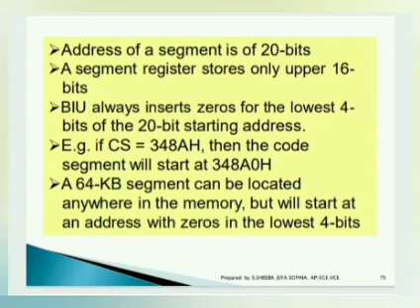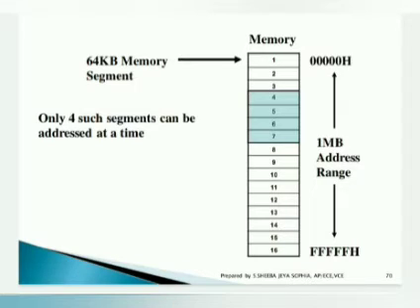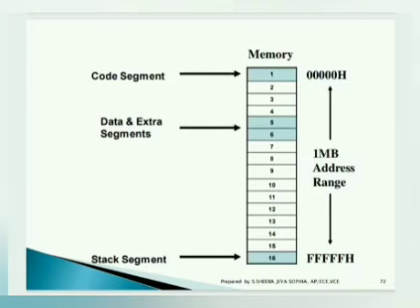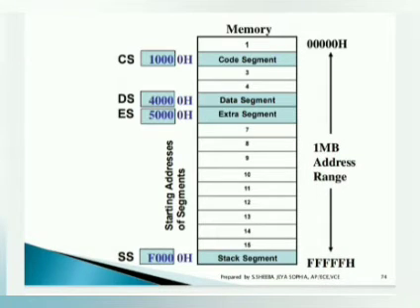Stack is nothing but temporary storage, so temporarily you can store and produce the output. Code segment is used to code the data, whether you have to encode the data or code byte, and produce the output. Extra segment is also used for storing the data values used in the program. And you can see